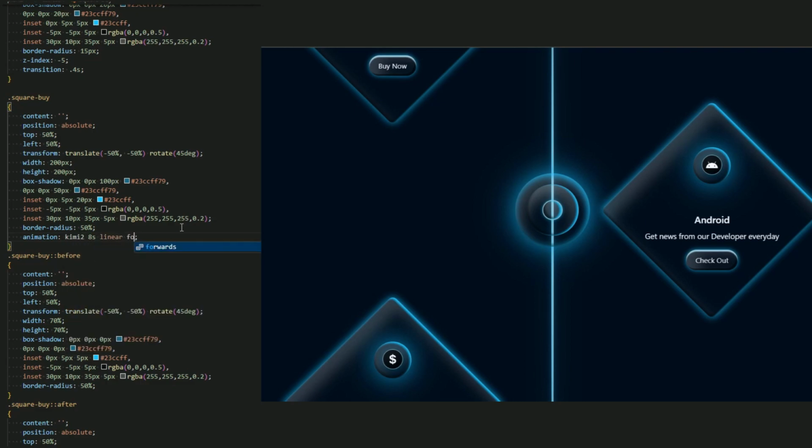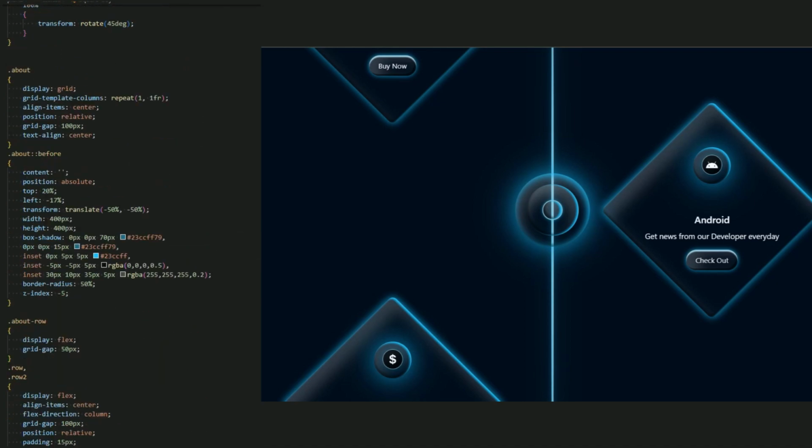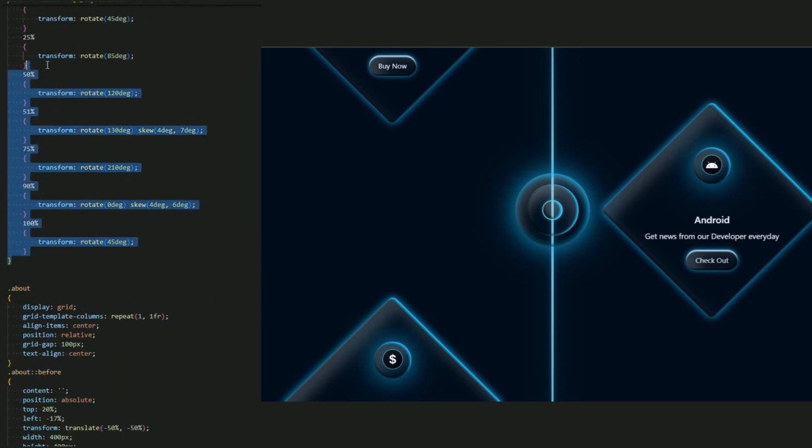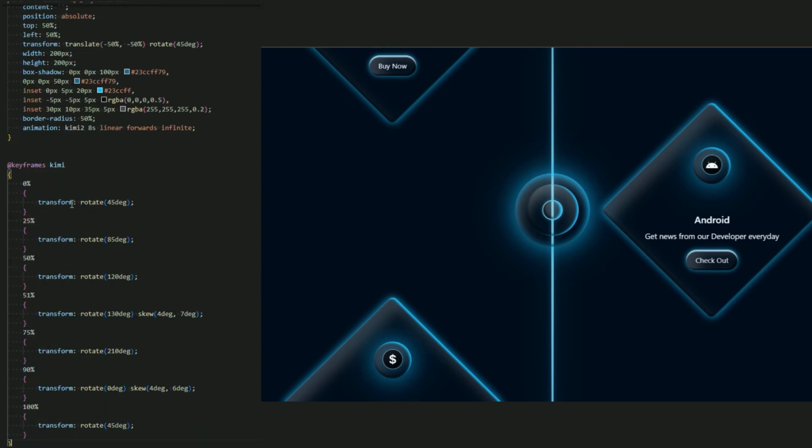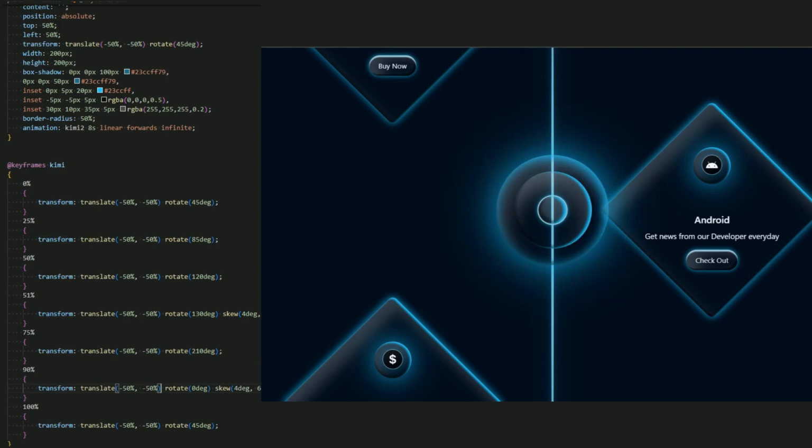8 seconds linear forwards infinite. You know, let me just copy these keyframes and paste it. Yeah. Okay, now let me add the transform translate. I'm sorry, transform translate. Okay, translate. Let me add to all of these keyframes. Okay, and yep, this and this. Here we go. Okay, now let me change the skew in 51%. Let me add it,